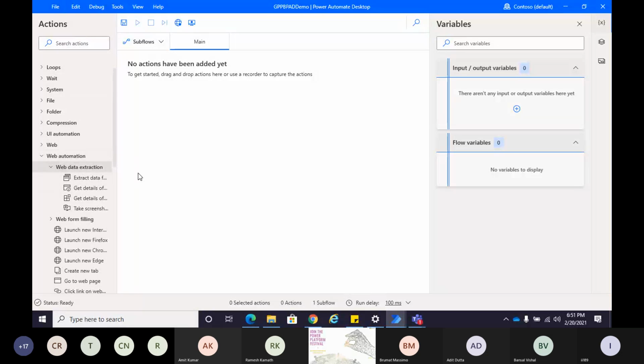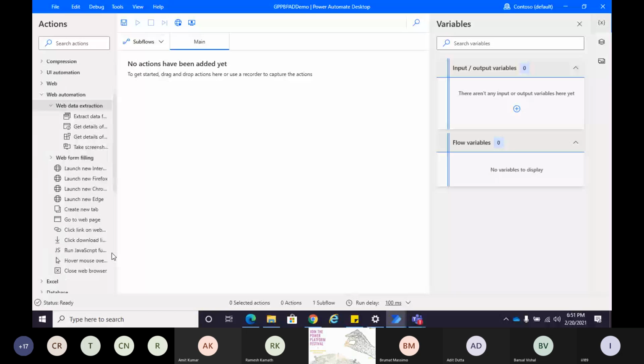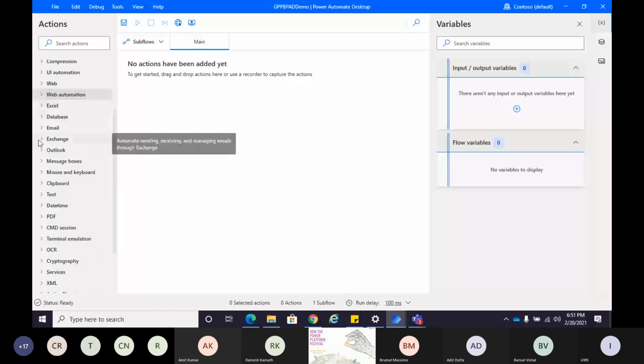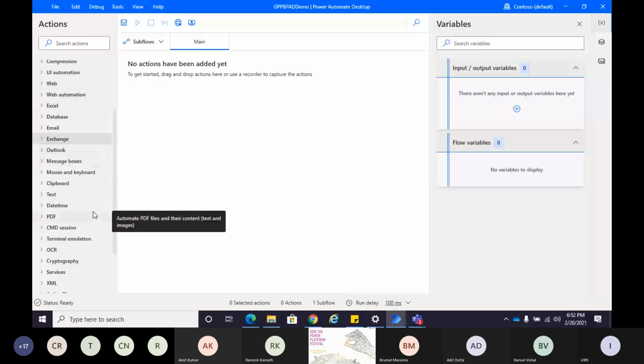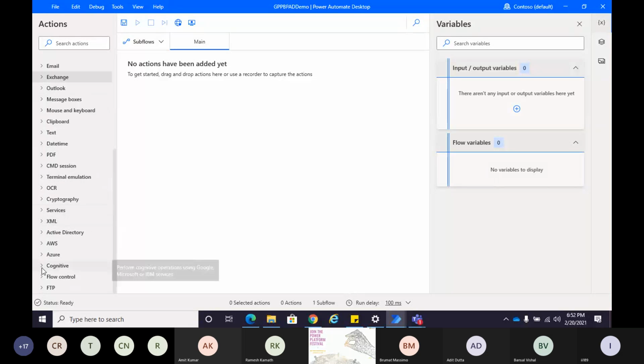And there's a lot of things that are available. I can also connect to Exchange over here. There's a lot available, and Microsoft has invested heavily in this. So whichever task you want to do on-prem, you can give it a shot using this tool. And as I said, it also gives us the capability to connect to Azure instances